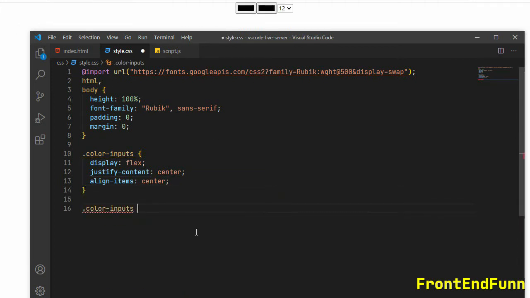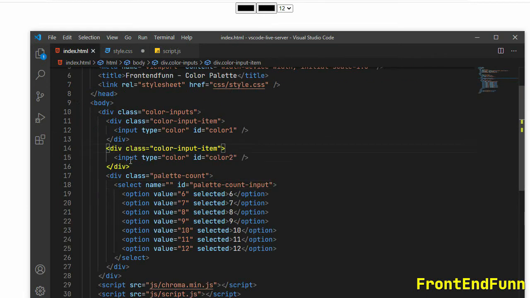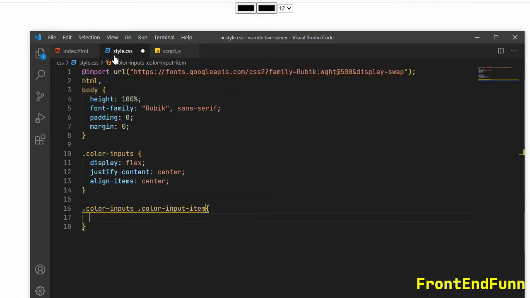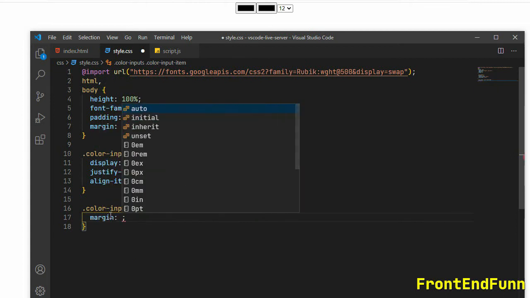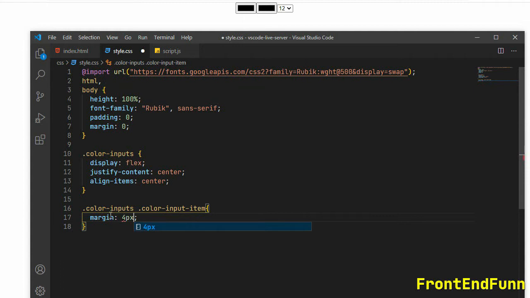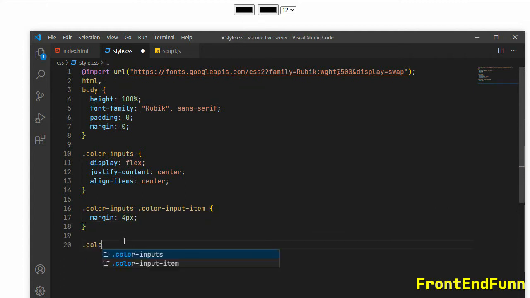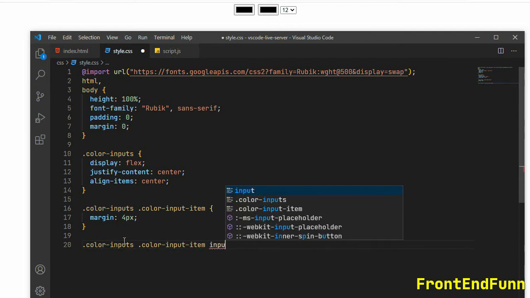Fine, next color inputs dot color input item. So color input item is the div which is holding the input tags here. Okay, so let's set some margin, 4 pixel. And the color inputs dot color input item input.